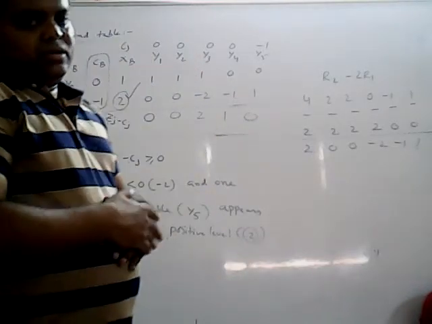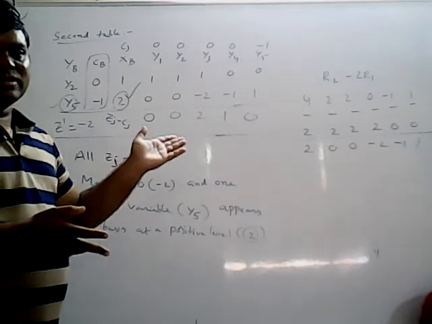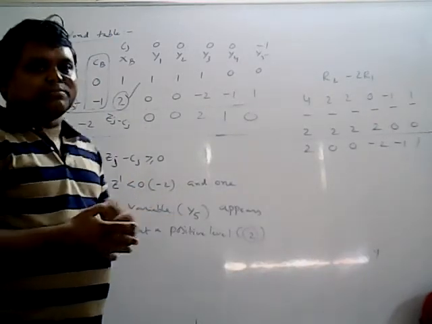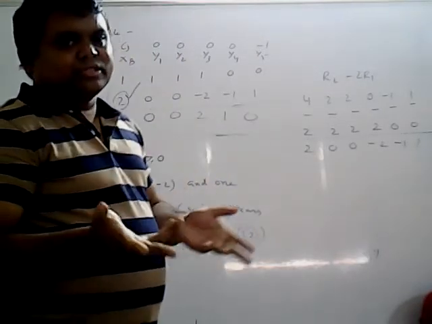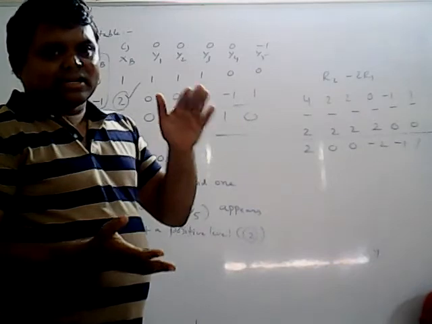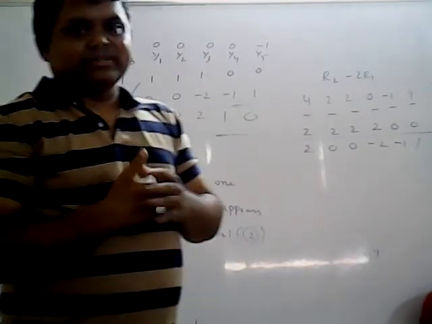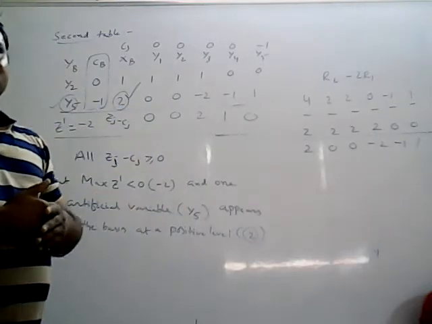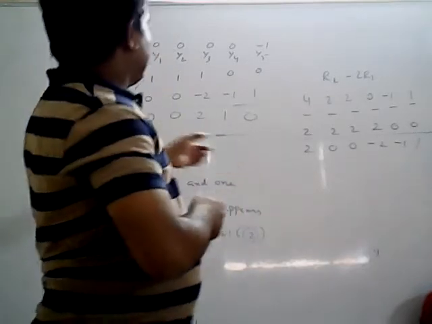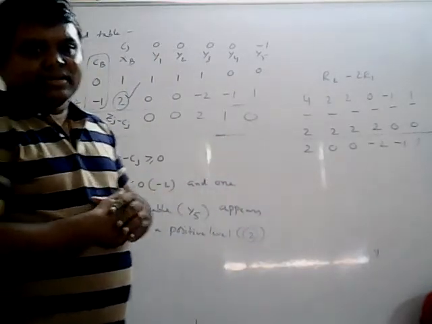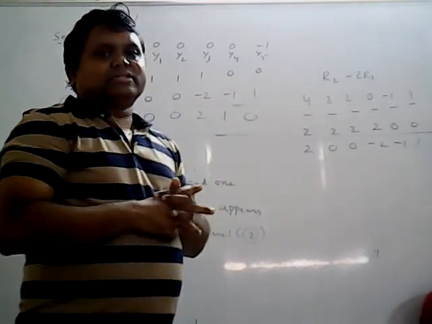So this is about two phase. You can do a number of problems. Case 1 means the LPP does not possess any feasible solution. Case 2 and case 3 mean it will go to phase 2. What is phase 2? You will consider the last simplex table of phase 1, then substitute the original variables and simplify. You will get a solution or an unbounded solution. Unbounded means the entry column will be all less than or equal to 0, no positive entries. Then it is called an unbounded solution.